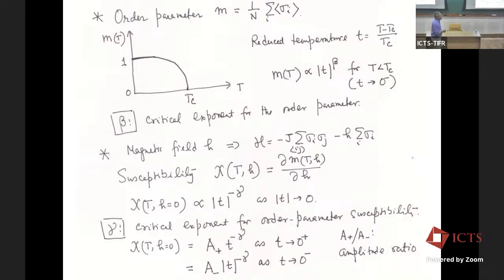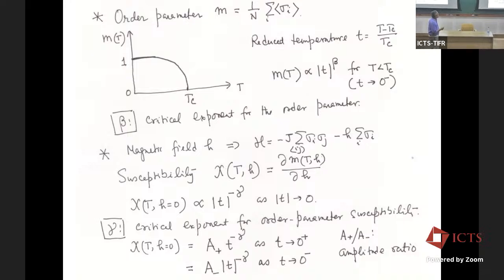Just below the critical point, m is non-zero even if h is equal to 0. So the change in m as a function of h is going to be something unusual at the critical point. What one finds is that the susceptibility at zero field itself diverges at the critical point, and there is an exponent associated with that,